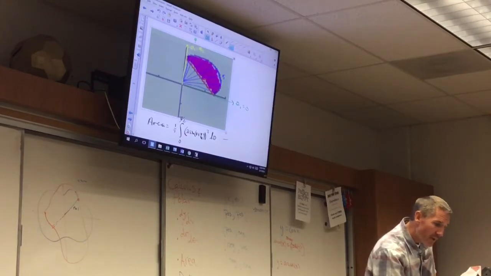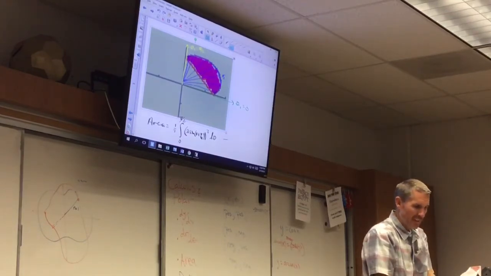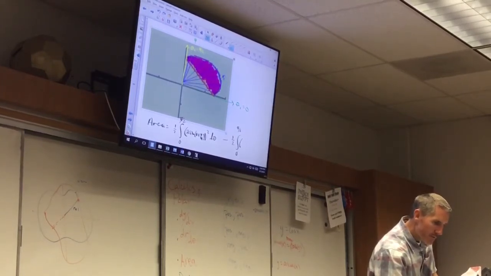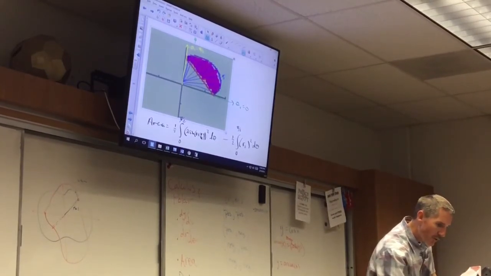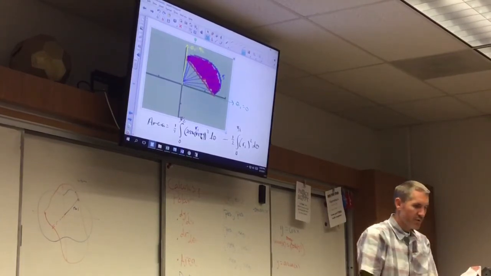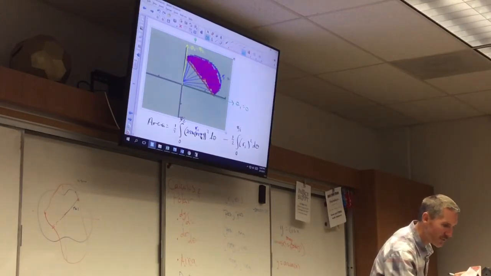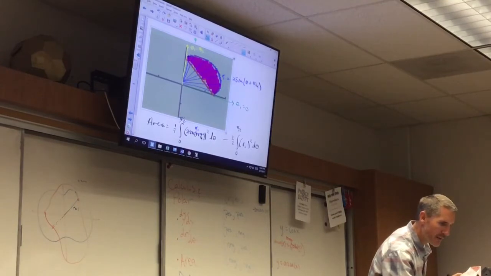And then I would subtract off 1/2 integral from 0 to pi over 2 of r2 squared d theta. So I would have to define somewhere r1 equals 2 sine of theta plus pi over 4, and r2 equals, what was it again? Secant of